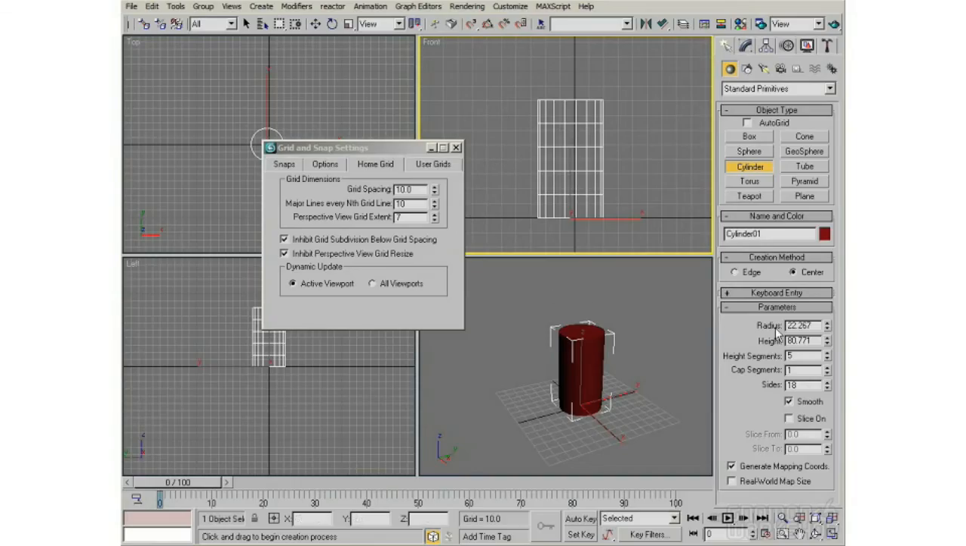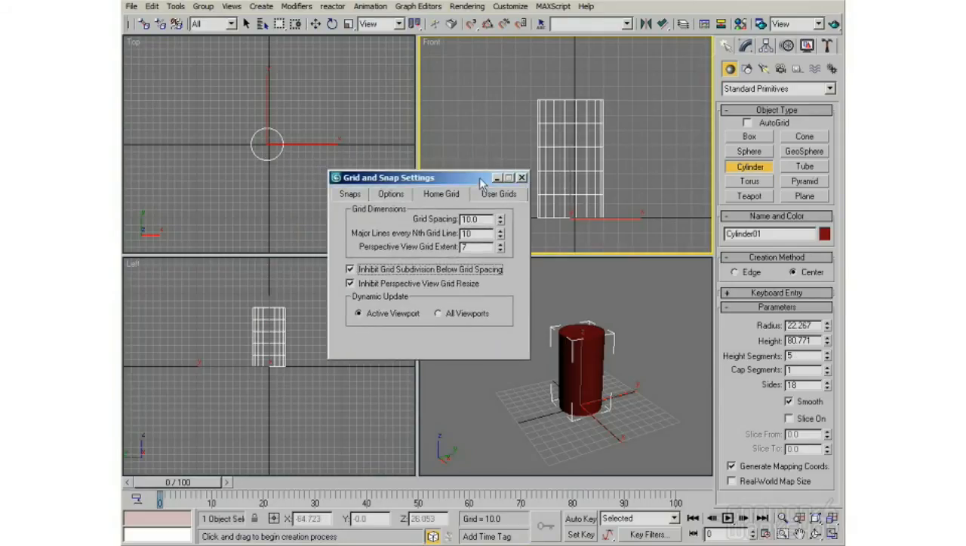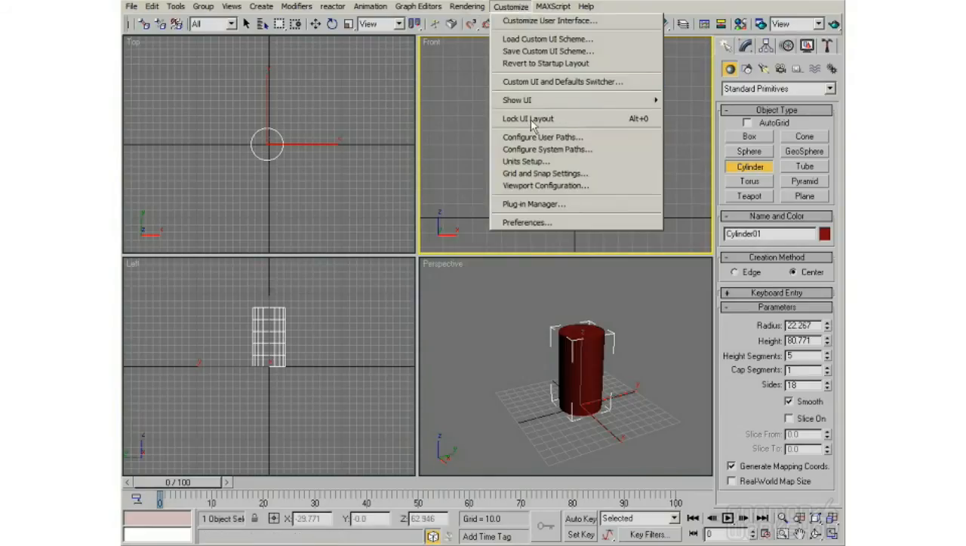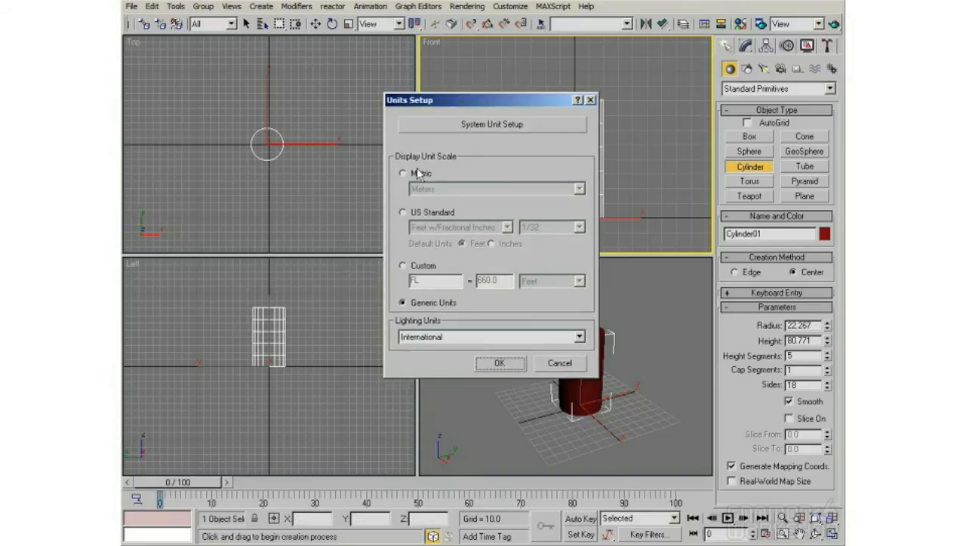Right now I've created our cylinder, a height of 80 and radius of 22, whatever that unit is. One of the cool things about 3D Studio is that you can go to Customize, go to Unit Setup, and set your display unit to something else. You can set it to metric, meters if you like, or US standard, so you can do feet with